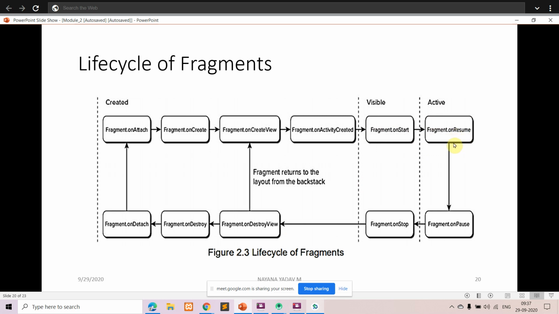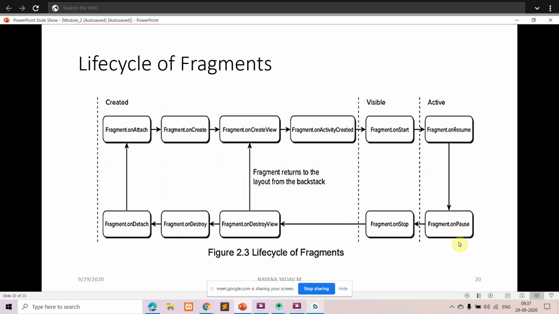Now your activity is resumed. During this process, at some point of time, the system calls a method onPause. That indicates that the user is leaving the fragment, coming out of the fragment. This is usually where you should commit any changes you have made that should be persistent beyond the current user session.